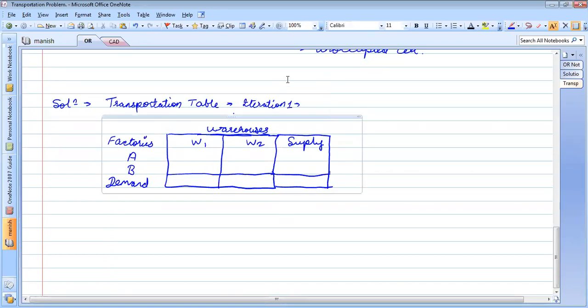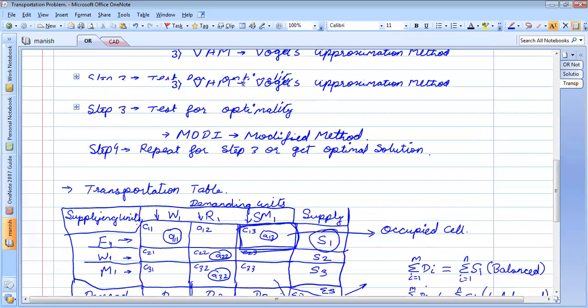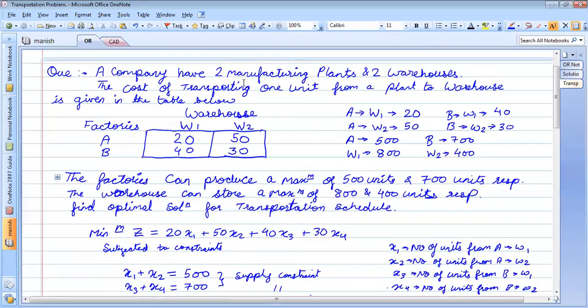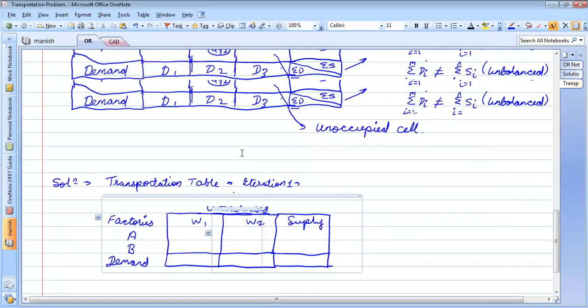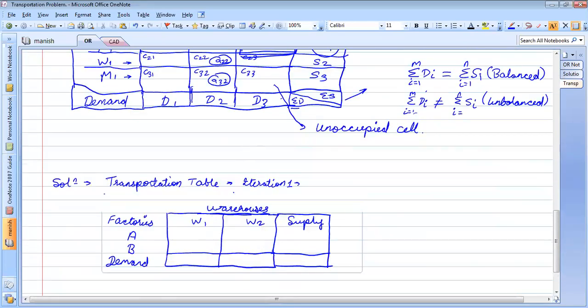In this table, what I need to write first is the cost of transportation. I see that the cost of transportation from A to W1 is 20, 50, 40, 30, correct? The same values I'll write, but not in the center. I'll write them in the top left corner.